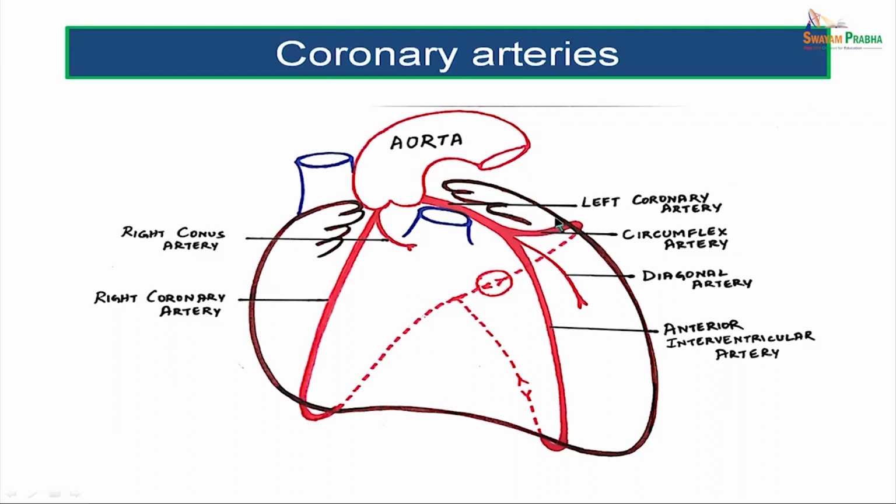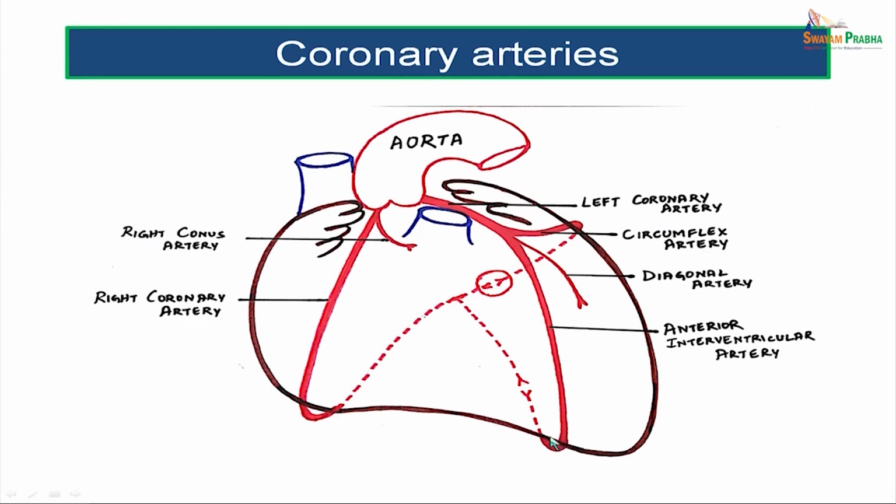The circumflex artery will wind around the left border of the heart and pass on the left side of the atrioventricular sulcus, and end on the left side of the crux of the heart by anastomosing with the right coronary, whereas the anterior interventricular artery will wind around the inferior border, and the junction here where it is